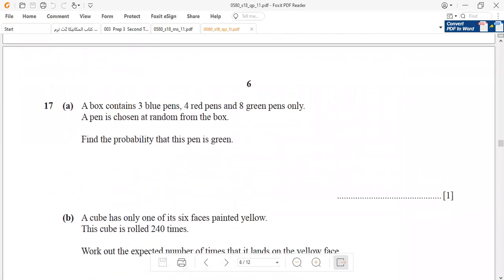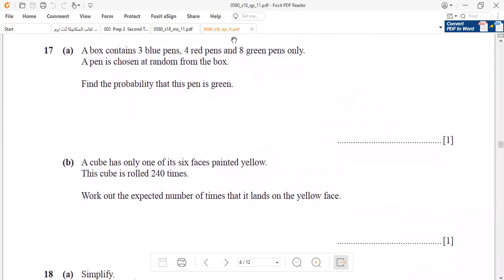In question 17, part A, a box contains 3 blue pens, 4 red pens, and 8 green pens only. A pen is chosen at random from the box. Find the probability that this pen is green. We will write the number of green pens. We have 8 green pens here, 8